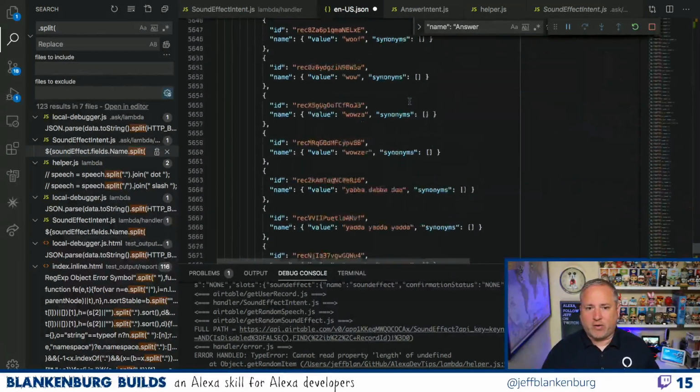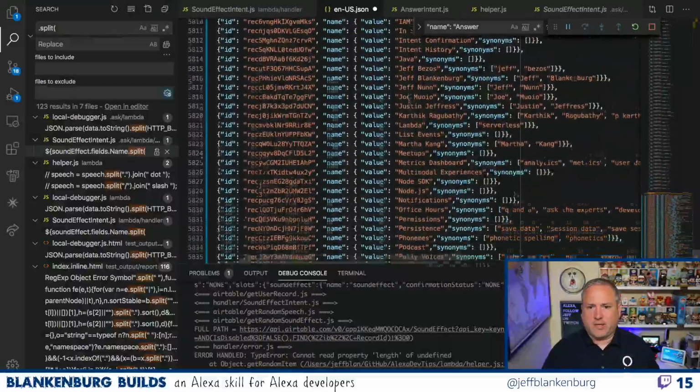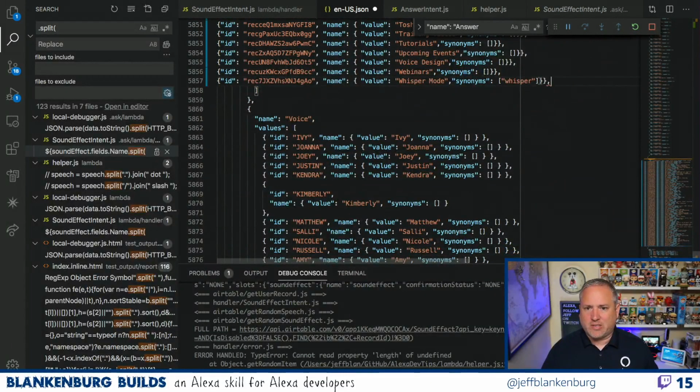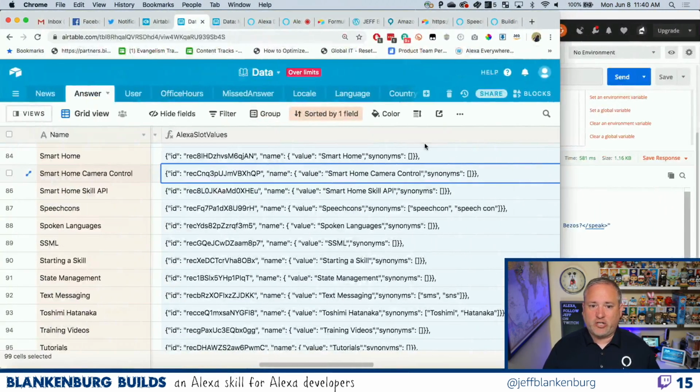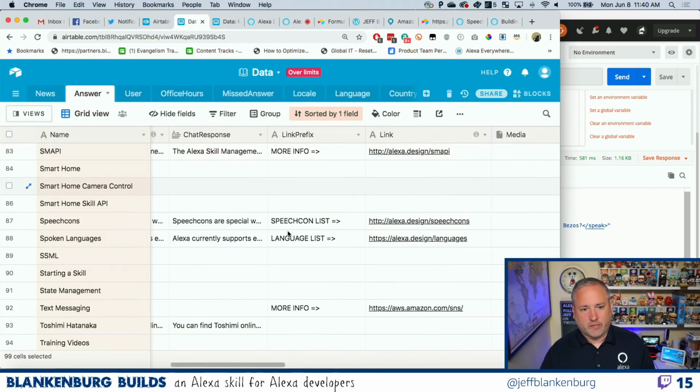It auto-generated all the JSON that I needed and I can paste them all in. The one catch is that my script does not get rid of the trailing comma, so I have to remember to delete that trailing comma. And I save, and it remunges it all for me. But that's good. Now any changes that I've made to my data, specifically the values or the synonyms, can happen anytime. I'm constantly editing this table and fixing things.